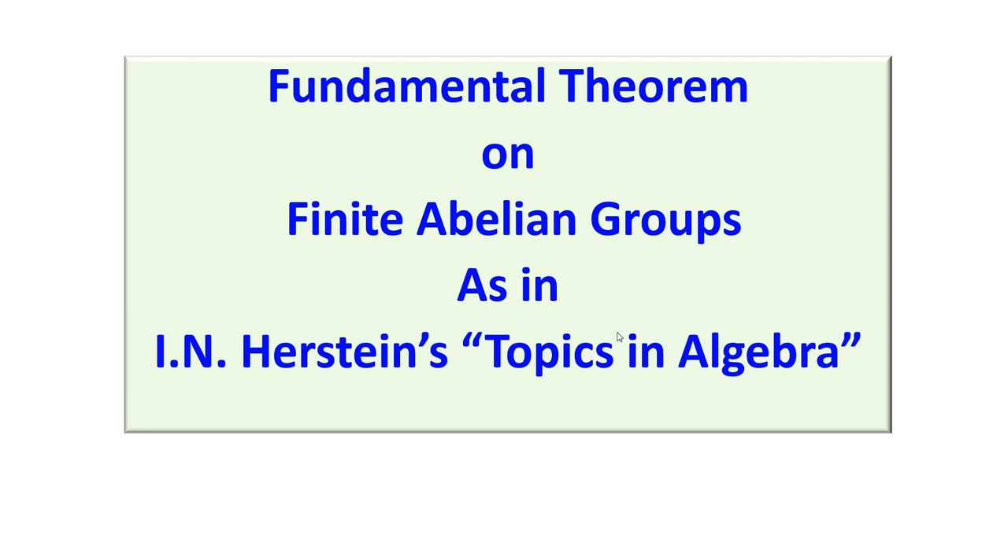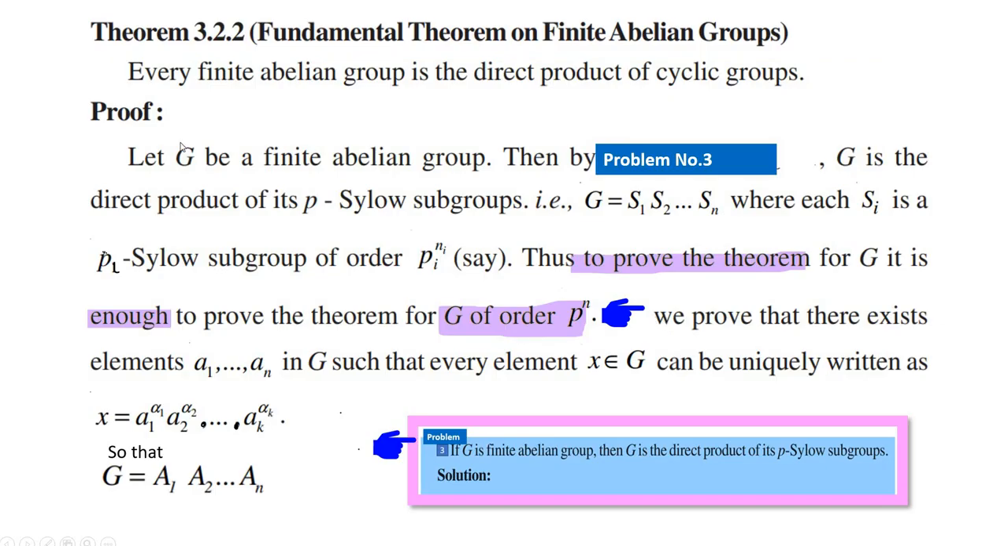In this video, we will see the proof of the fundamental theorem on finite abelian groups as given in Topics in Algebra by I.N. Herstein. The statement of the fundamental theorem goes like this: every finite abelian group is the direct product of cyclic groups. To prove this theorem, we borrow problem 3, which was explained in the previous video,